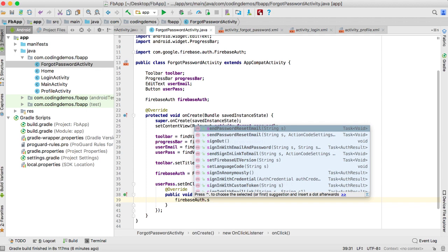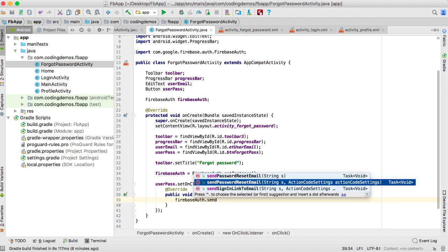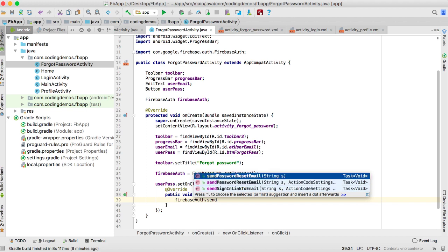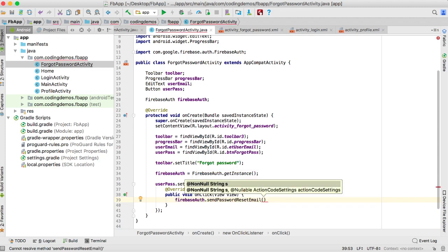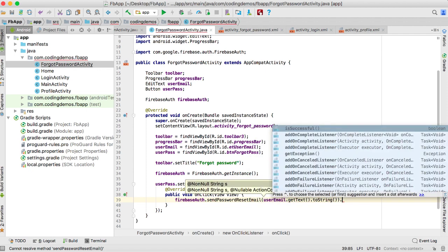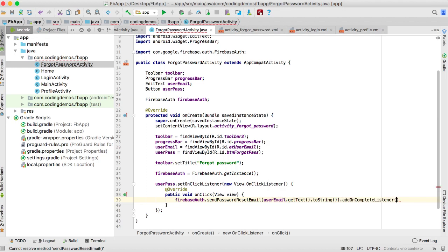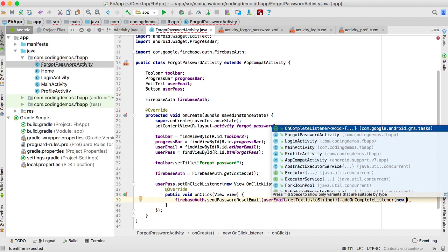Okay, yeah, it's okay, send password, nope, that's the one, the first one, send password reset email. Here we need to pass a single string value, and that is the email address that we need to retrieve the password for. We're going to do user email.getText().toString(), and then we need to add the add on complete,